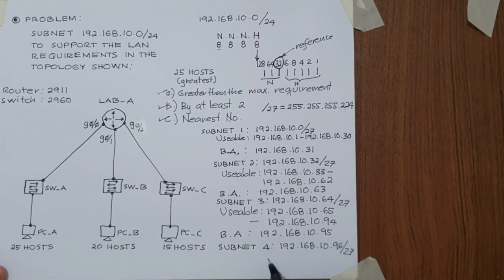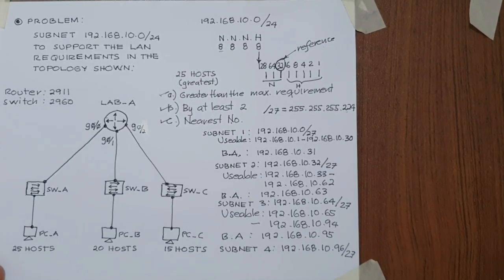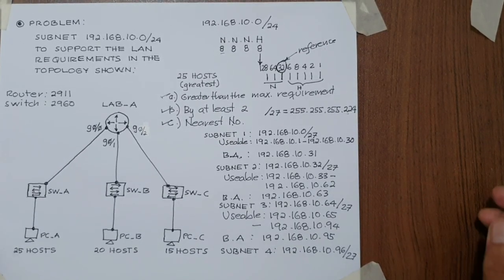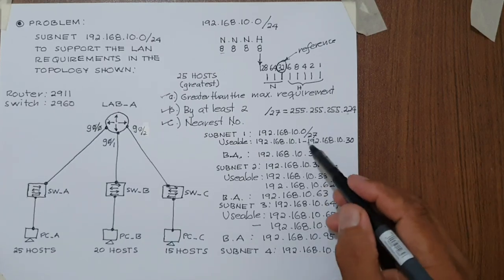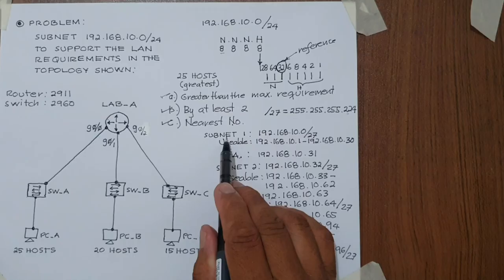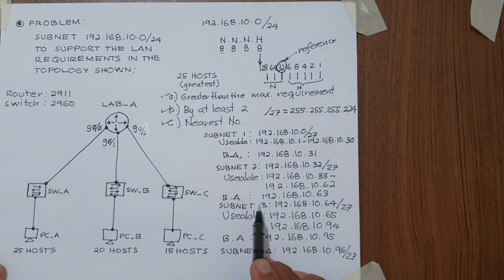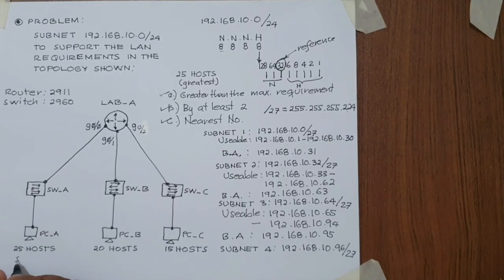So we can have usable IP addresses for subnet 4, subnet 5, subnet 6, and so on. But for the meantime, since we only need 3 subnetworks, we'll just be considering subnet 1, subnet 2, and subnet 3. So we will use subnet 1 here